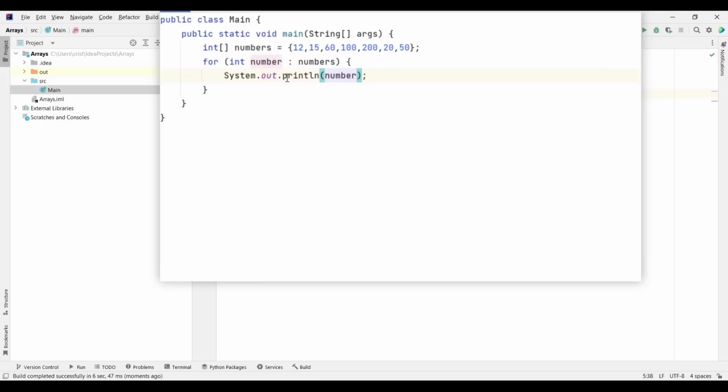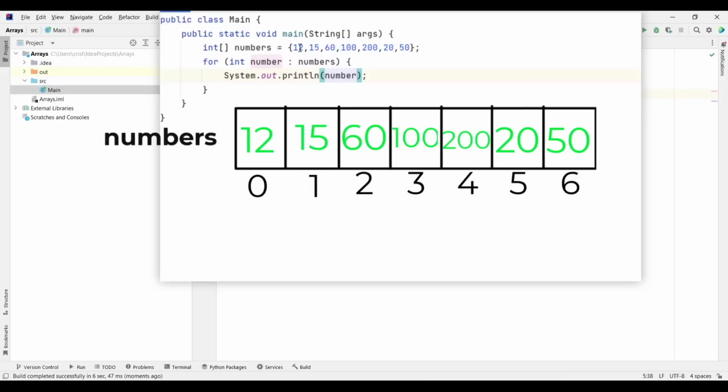Now, one very important thing to know is that our elements, our integers, or elements more generally, are stored at indexes, and the index of the elements starts at 0. So 12 is at the index 0.